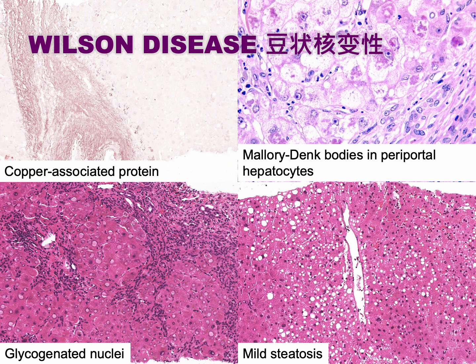Wilson disease can present with a steatohepatic pattern. Features such as steatosis, ballooning degeneration, Mallory-Denk bodies, and glycogenated nuclei, typically seen in alcohol steatohepatitis and metabolic dysfunction-associated steatohepatitis, can also be present in Wilson disease. The accumulation of copper and copper-associated proteins in a liver biopsy, particularly with no fibrosis or early fibrosis, or the presence of steatohepatitis in a young patient with neurological symptoms, should prompt consideration of Wilson disease. Correlation with serum ceruloplasmin levels and further confirmation by genetic testing are necessary.